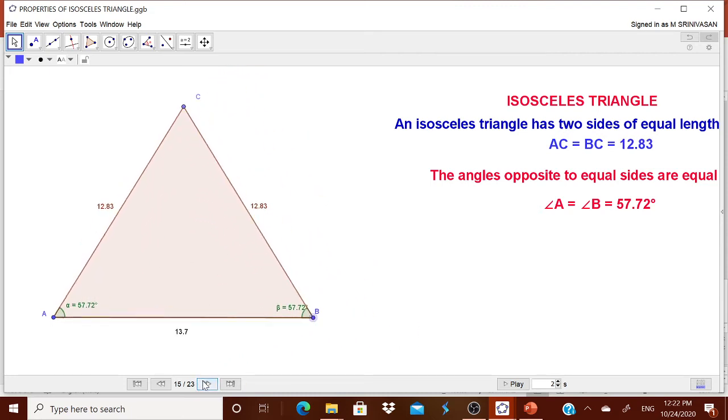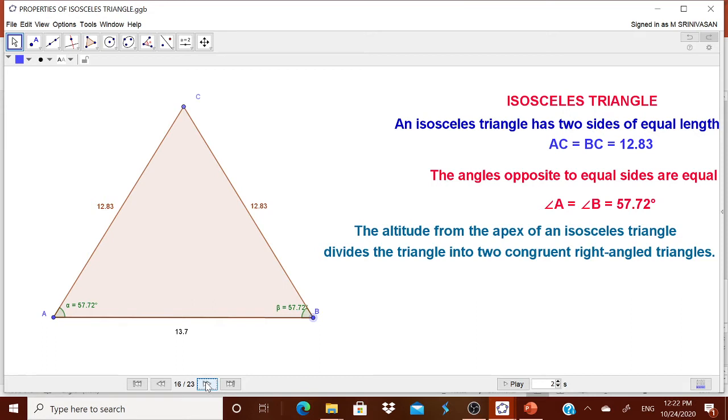Now the third property: if you draw an altitude from the apex of the isosceles triangle, it divides the triangle into two congruent right angle triangles. Now you can draw and show that it actually bisects the opposite angle into 32.28 and 32.28, and the triangles AEC and BEC are congruent triangles.